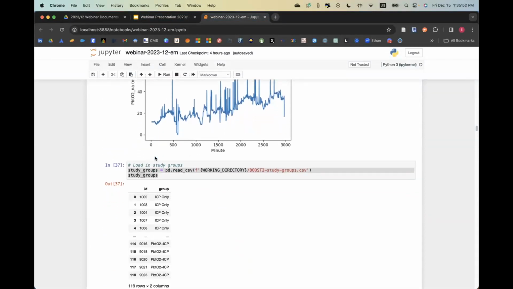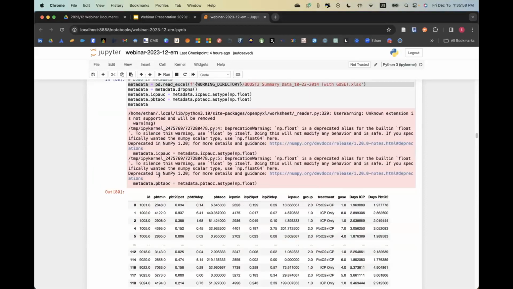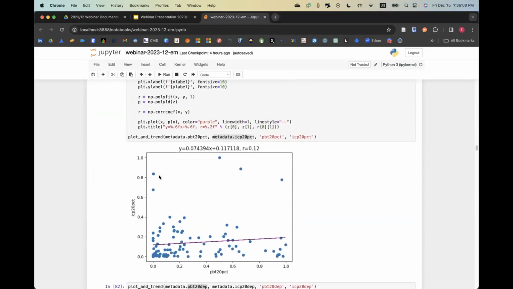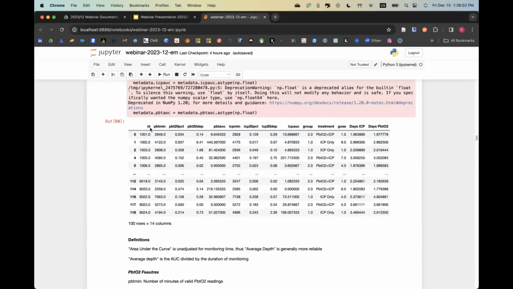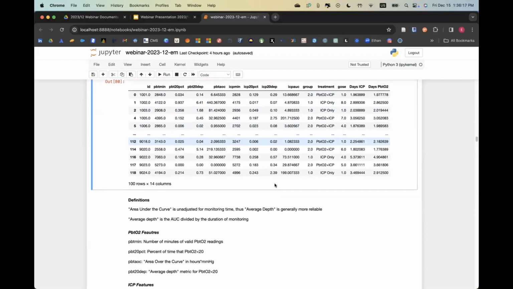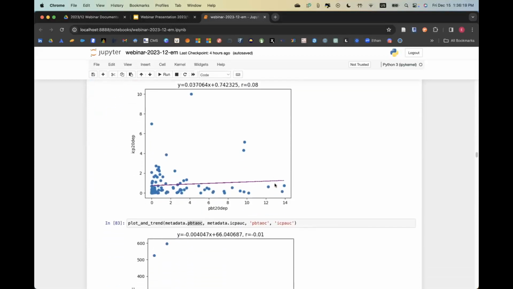I would love to open the floor for questions. This is a really simplified use case, and it'd be cool if anyone had ideas as to how we could improve the model with the data available. There is some metadata that I haven't included. I haven't looked at any other threshold excursions except for 20 and 22 for PBTO2 and ICP, respectively. But I hope this was helpful.